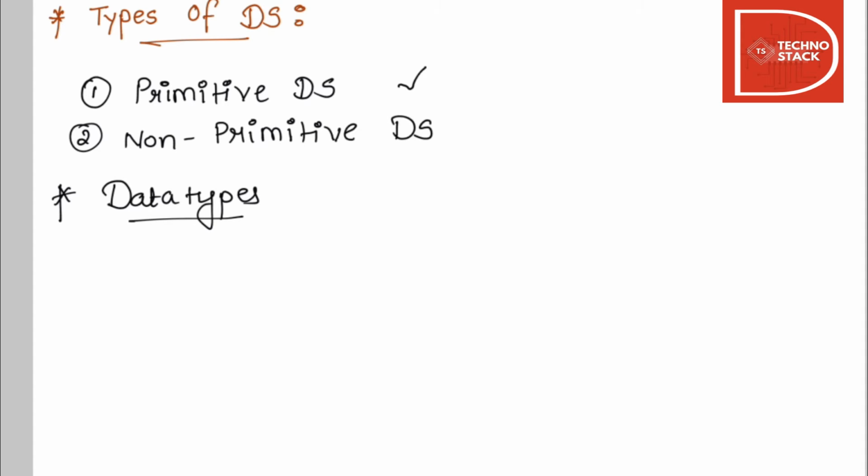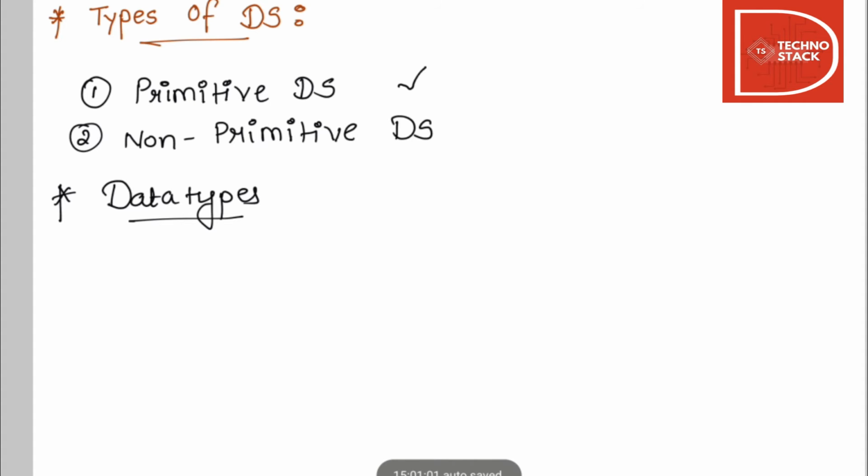Primitive data structures are basic structures and are directly operated upon by machine instructions. Primitive data structures have different representations on different computers. That is, integers, floats, characters and pointers are examples of primitive data structures. These data structures are available in most programming languages as built-in types. You don't have to import any library over there, or put any extra function to define them. They're already inbuilt in it.